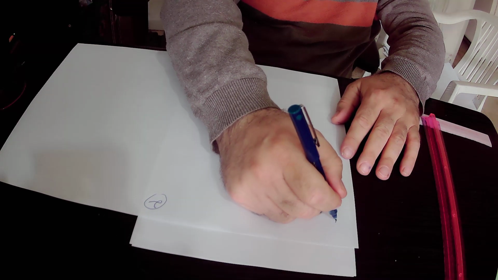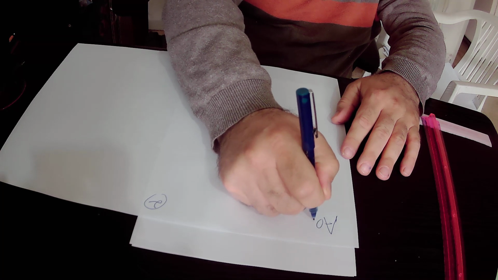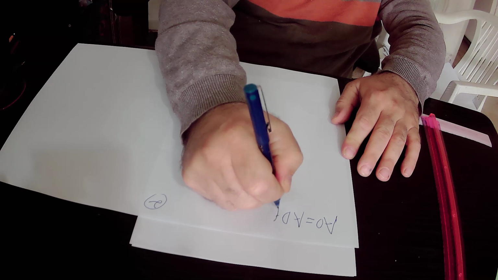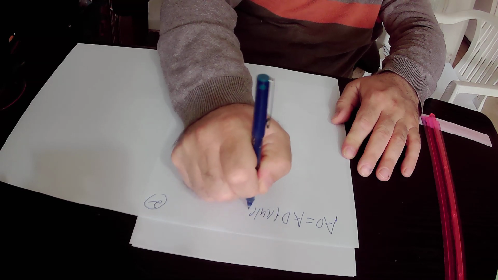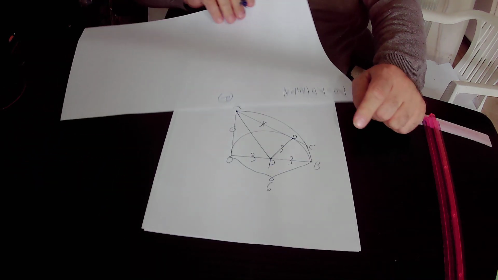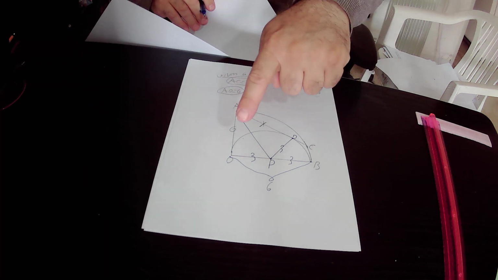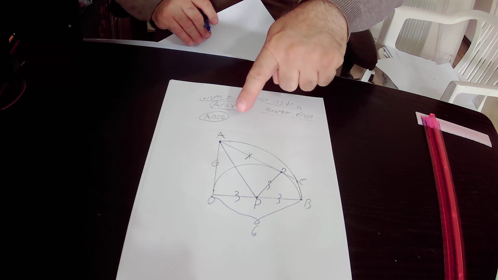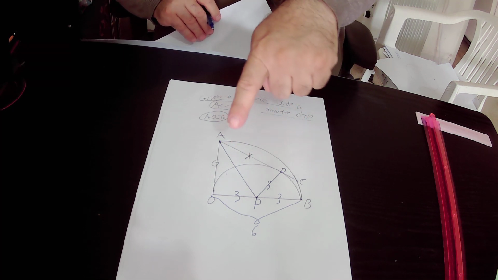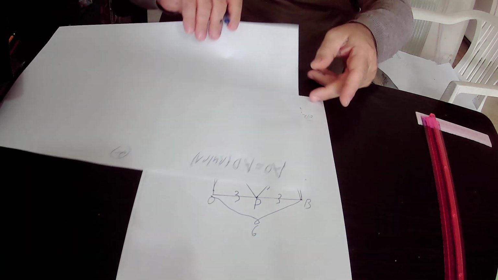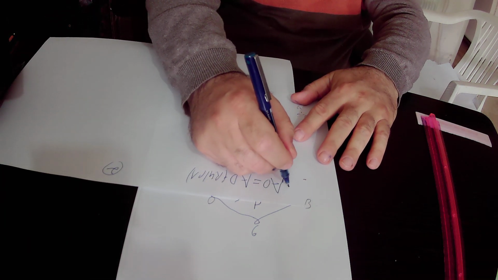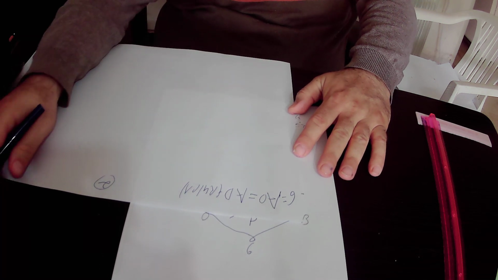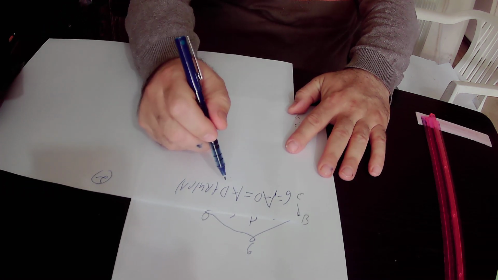AO is equal to AD, according to rule number 1. I'll repeat again: AO is equal to AD according to rule number 1, but AO equals 6 units according to what is given in the question. So from this equation, 6 equals AO equals AD,